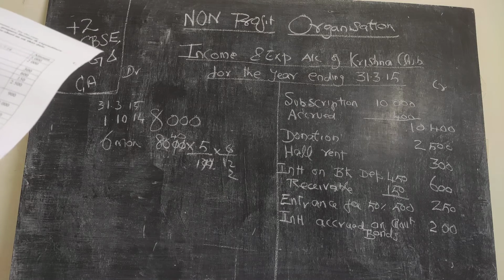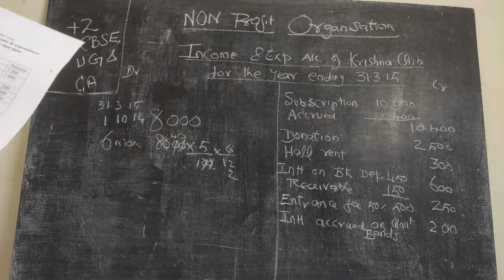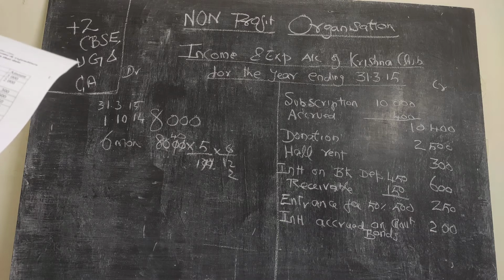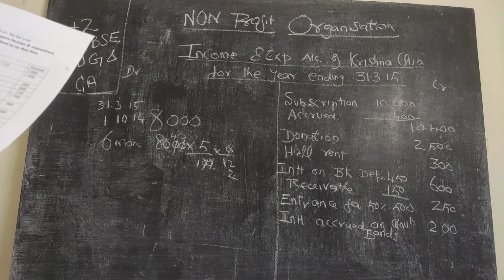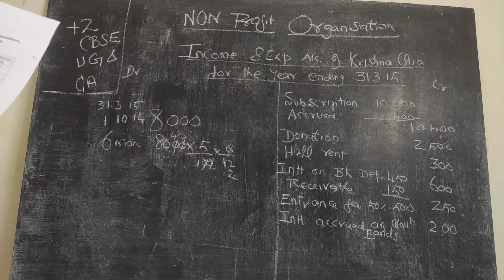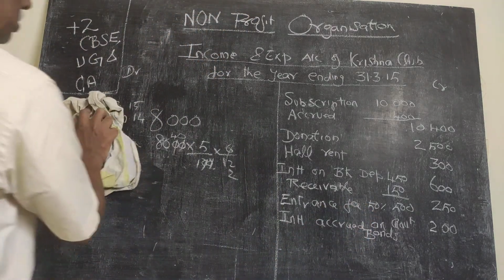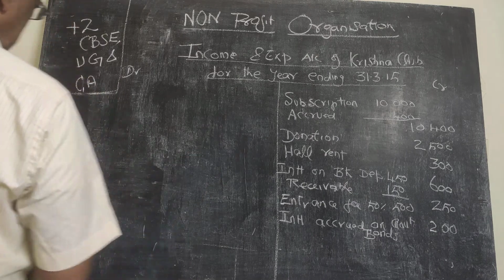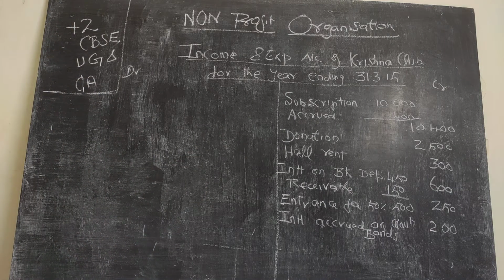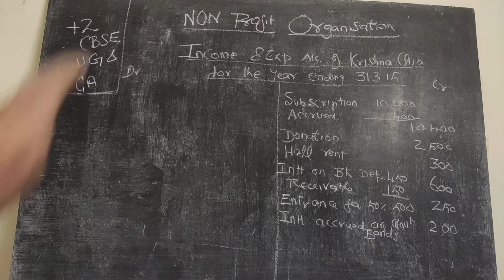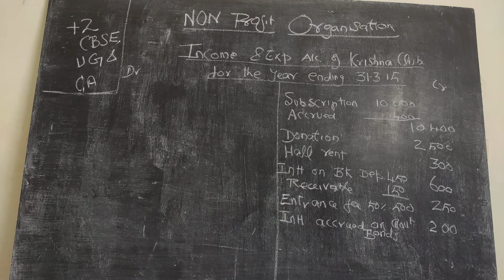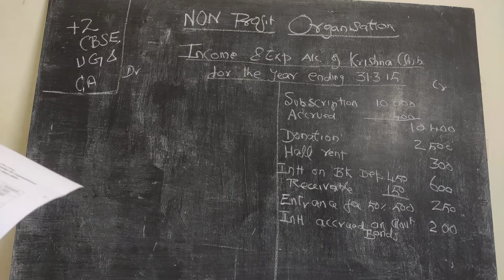On the payment side, 5% government bonds on 1/10/14, therefore 6 months interest is accrued but not received, because it is not shown in receipts and payments. So the accrued interest for 6 months, 200, I am taking. Sometimes the students fail to take this figure. Since it is an adjustment figure, your balance sheet will tally, but full marks will not be given.